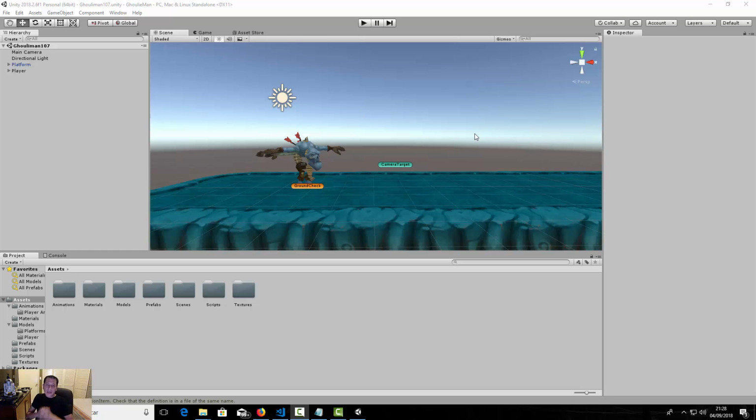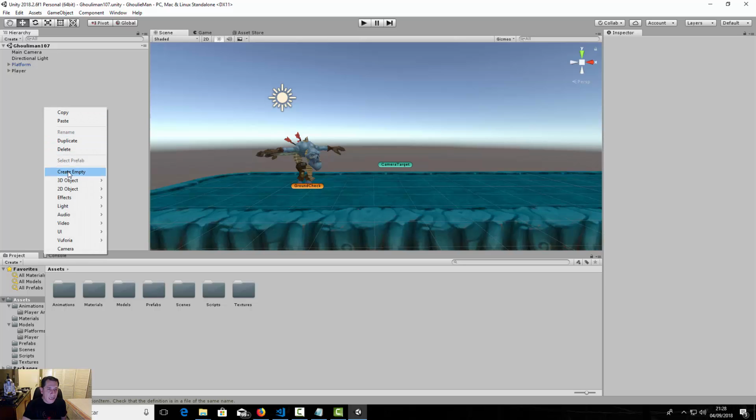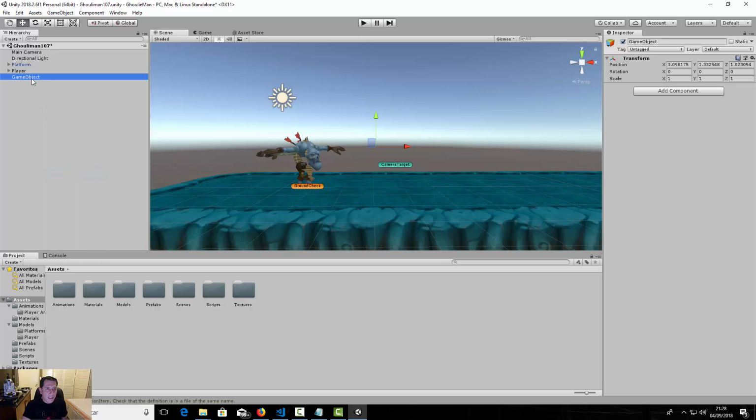Okay, now we're gonna work with the attack functionality of our player. We need to keep in mind that the attack is going to be our player firing projectiles, throwing knives. So we need to create a new empty game object. Create empty, and we're gonna call this empty object knife